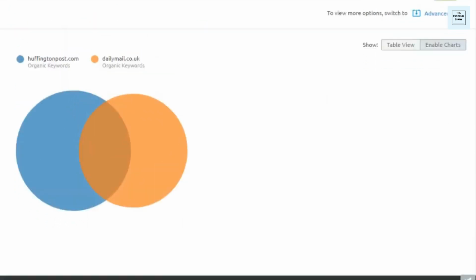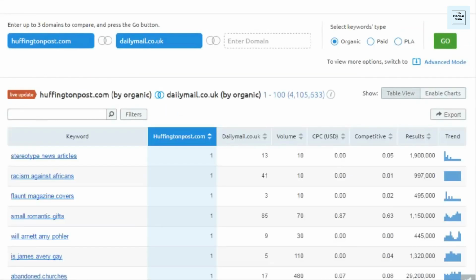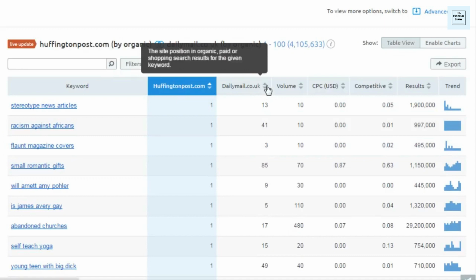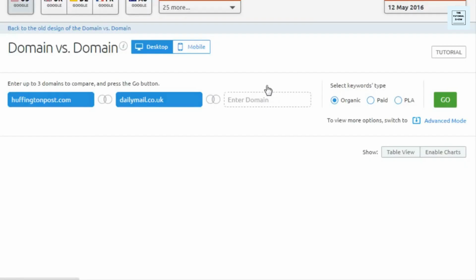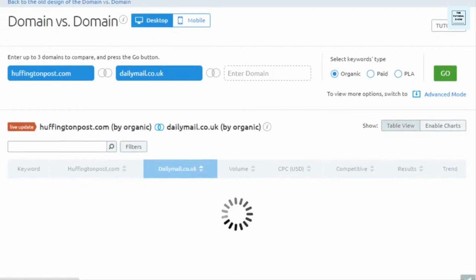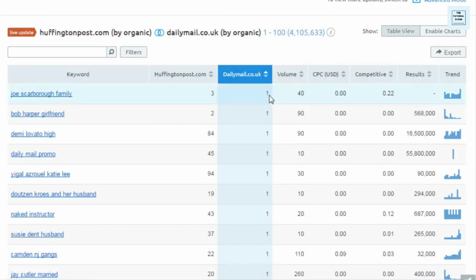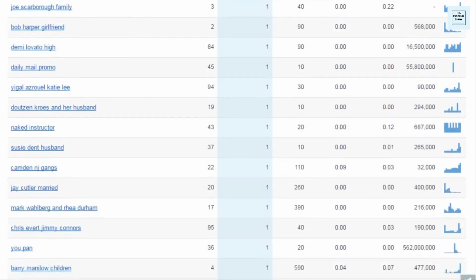So going back to the table view here, you're able to take a look at what keywords you're ranking for versus which ones they're ranking for. You can sort either by your site or by the competitor site to get an idea of where you might be able to rank. Starting off, we can look at where the competitor is ranking in the top spots. Here we can see that we're relatively competitive, and then all of a sudden we fall off, where they're in position 1 and we are in number 84, here in 94 and 43. So this gives us some ideas of potential keywords that we could go after that we are already ranking for in the top 100 search results, but that could use a little boost to help us compete with this particular competitor.